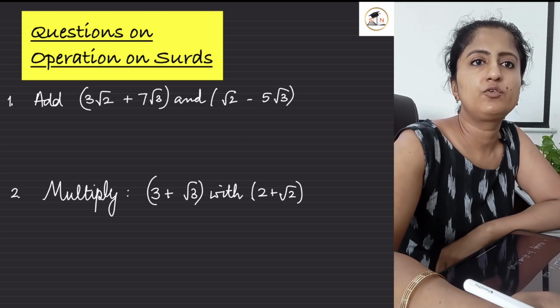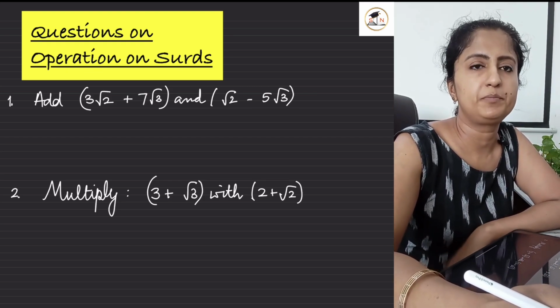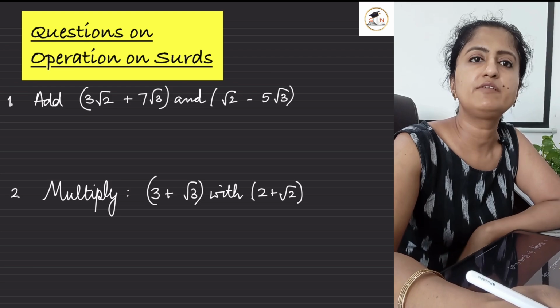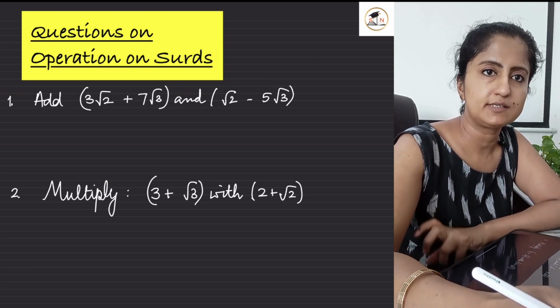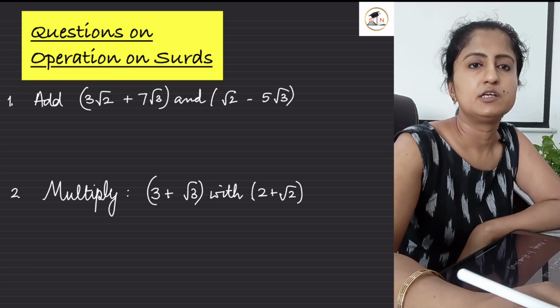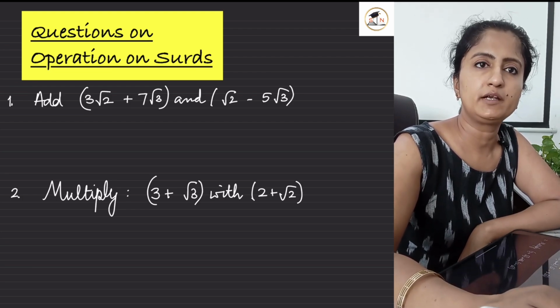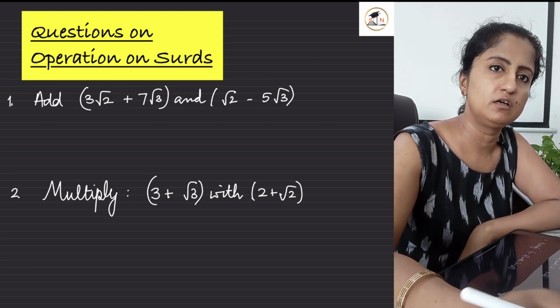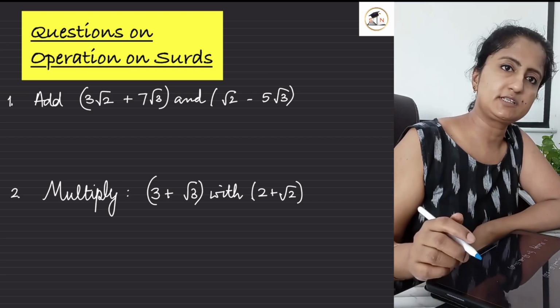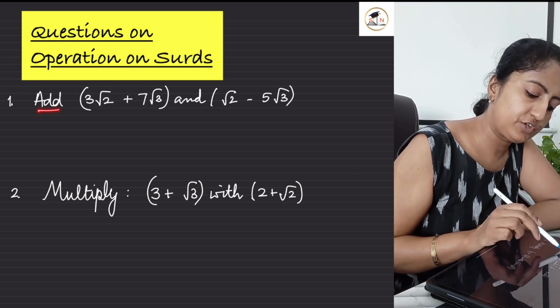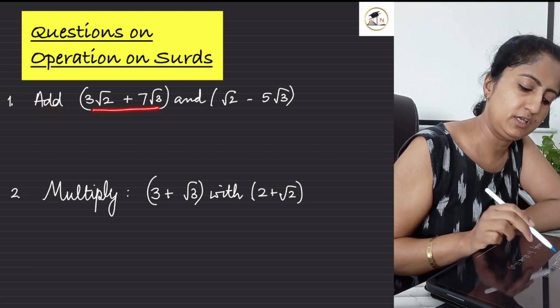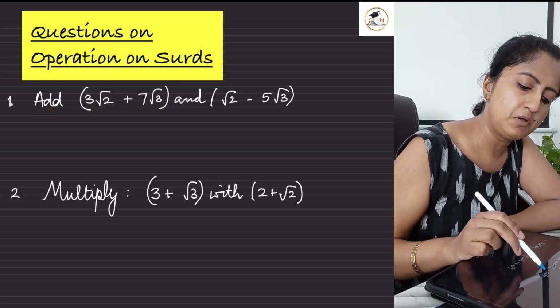In this video, we are going to do various questions with respect to operations on Surds. Previously, we had already understood how to operate on Surds, like how to add, subtract, multiply, or divide. So in this video, we are going to do plenty of questions wherein we will learn how to solve them. So let's start. The first question is add 3 root 2 plus 7 root 3 and root 2 minus 5